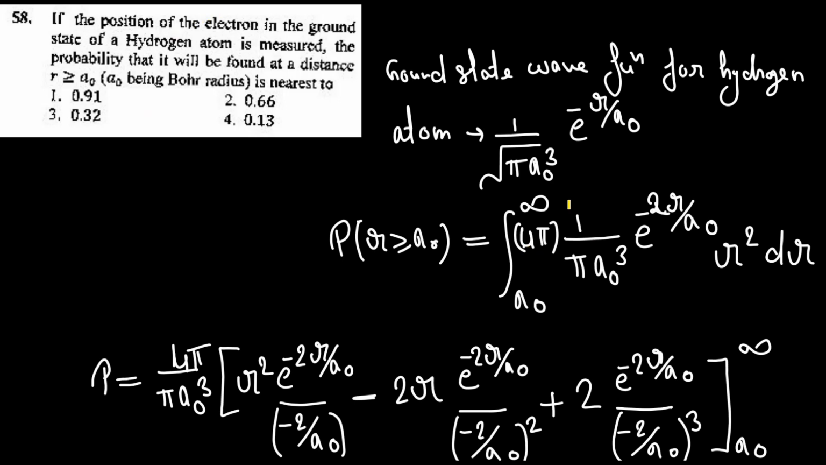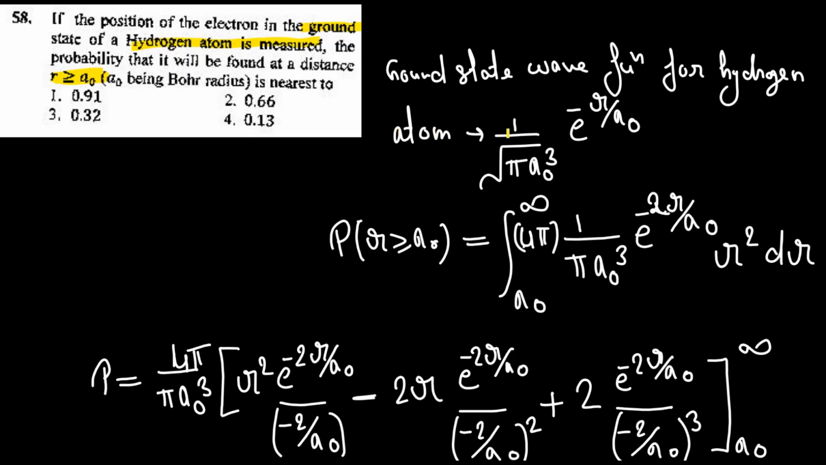What is asked in the question? The position of the electron in the ground state of the hydrogen atom is measured. The probability that it will be found at a distance r equal to or greater than a naught. So you have to find out the probability at r greater than or equal to a naught. To calculate the probability in the given region, you should know the ground state wave function of the hydrogen atom,